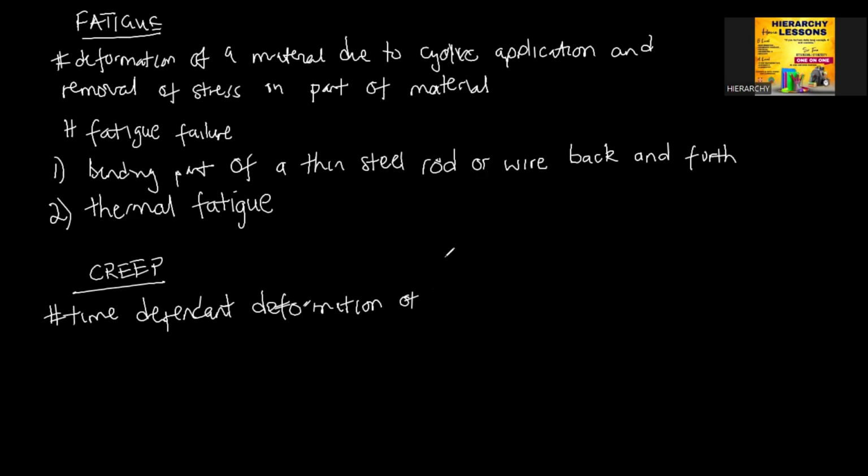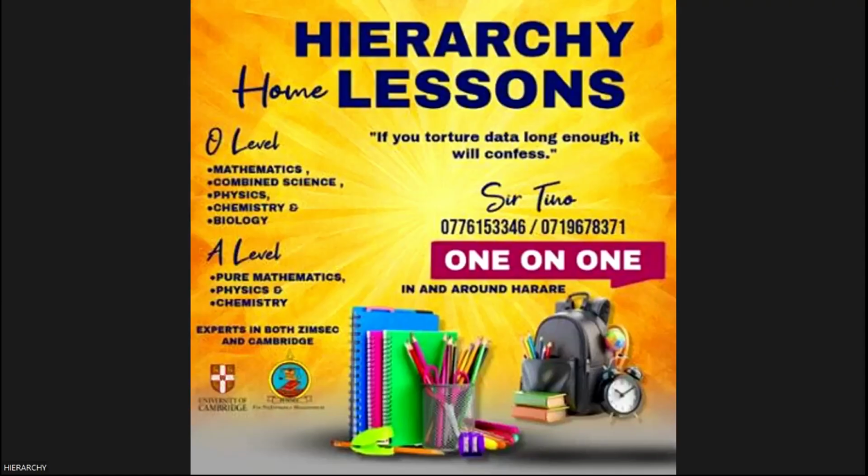At elevated temperatures and constant stress, the material undergoes permanent plastic deformation. That's what happens in creep. This happens in gas turbine engines and ovens, which are exposed to very high temperatures. That's where creep occurs. Fatigue and creep are similar, sort of, it's just the nature of